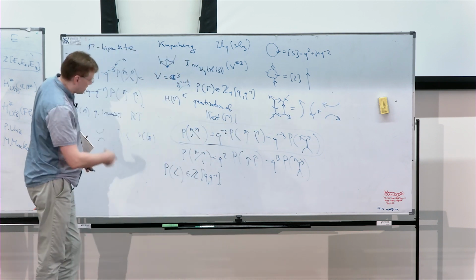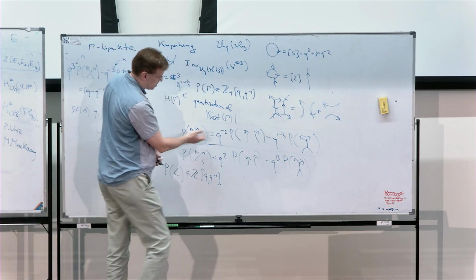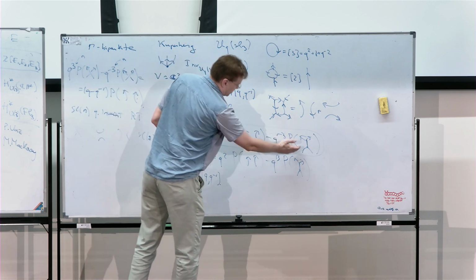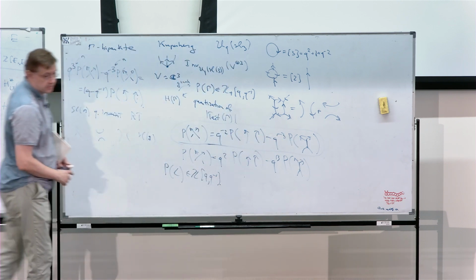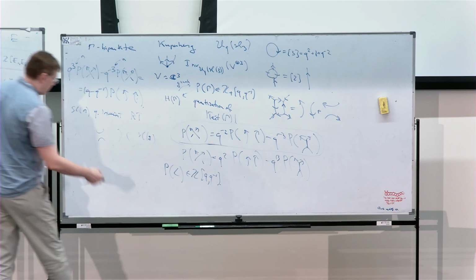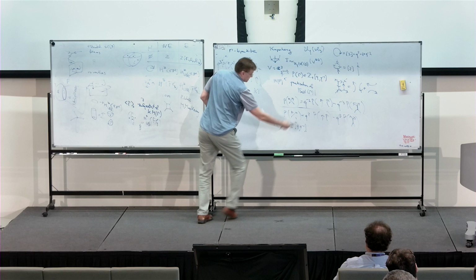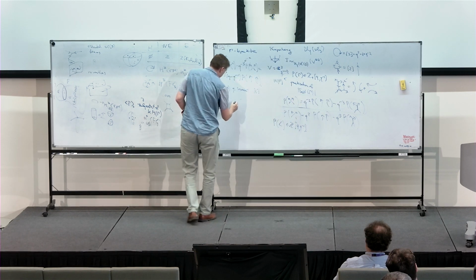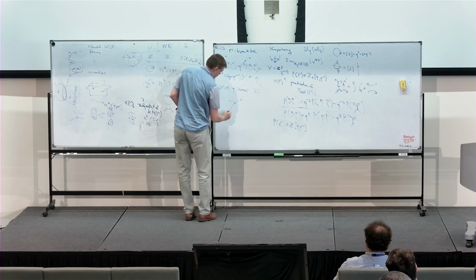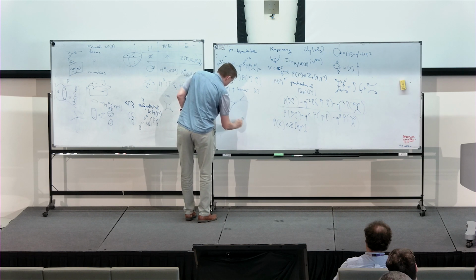So you want to assign a chain complex to this diagram, which is going to be the cone of the map of chain complexes for these two diagrams. And indeed, there is a canonical map between the state spaces for these two graphs given by the cobordism, given by the foam where you go from two parallel lines to